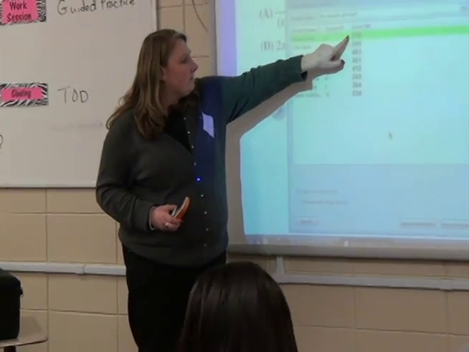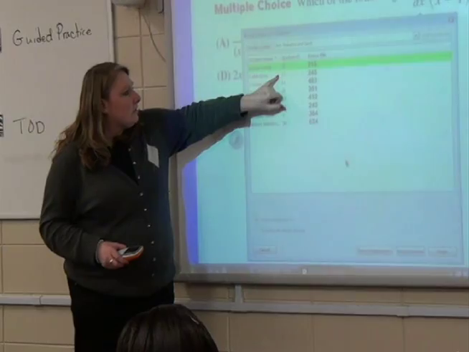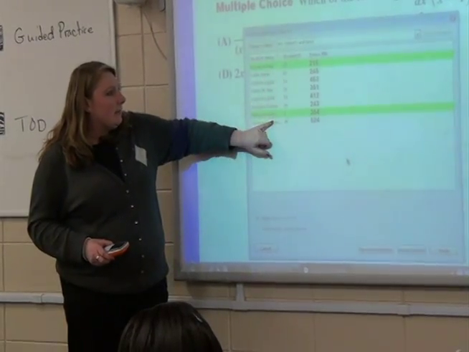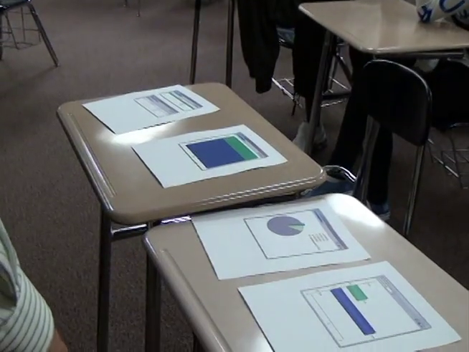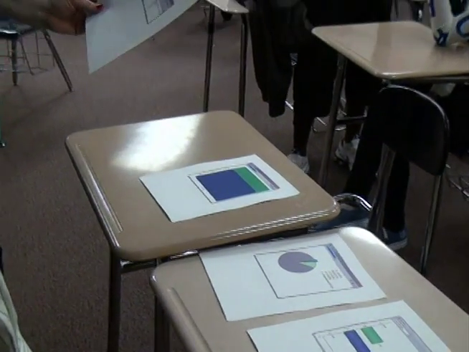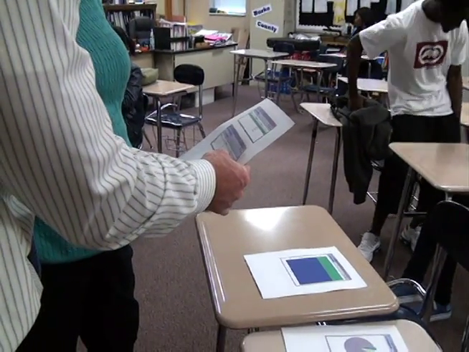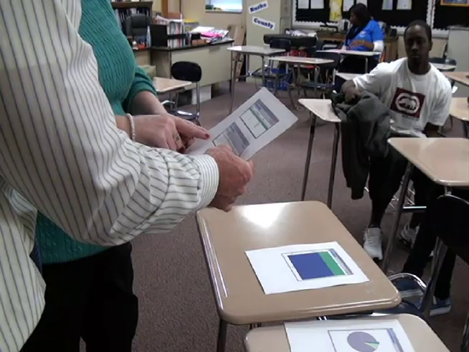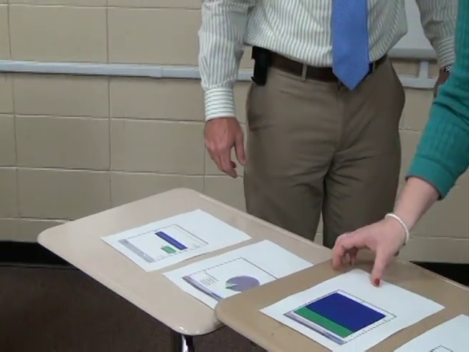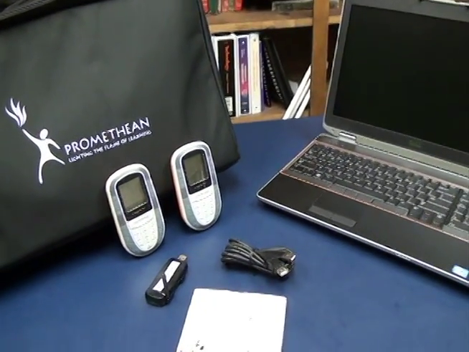The result to student responses may be displayed by device number, student name, or anonymously. The result of student data may be displayed in a variety of formats or may be saved in an Excel file. However the teacher chooses to use the data, it will increase interaction among students and teachers and ease the stress of grade collecting. Now that we know what the device is, let's look at how to set everything up